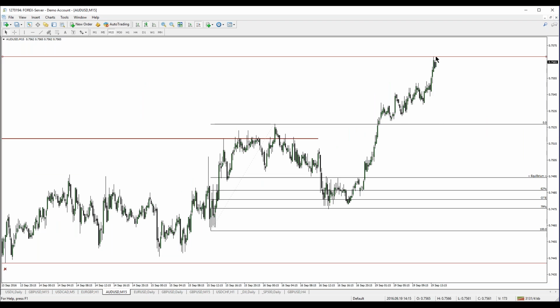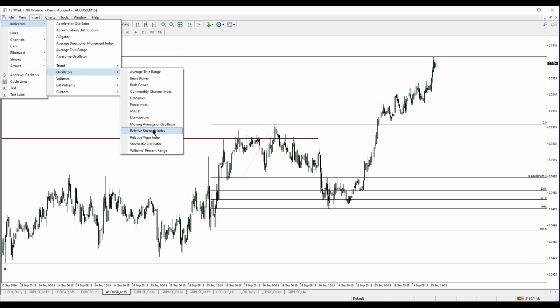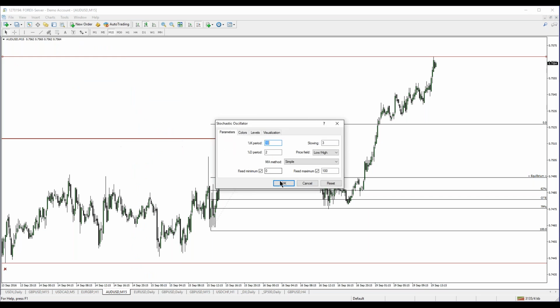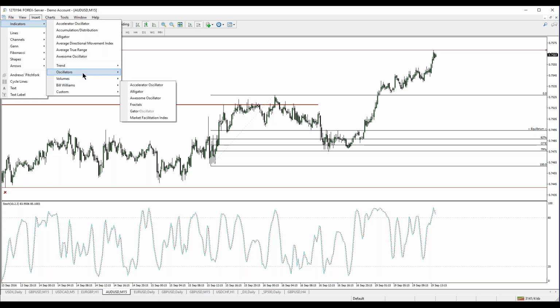It looks like it's making a high, but when you're on these lower time frame charts, you don't see what we just showed you. So this looks like a high. People are going to say, okay, this is bearish. Let's put up my handy dandy stochastic, and it should give me a bearish divergence in here. It's been diverging all this time, making higher highs, higher highs, higher highs. If you pull up an RSI,